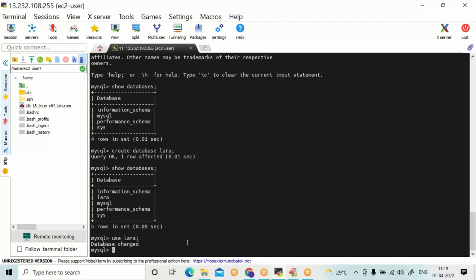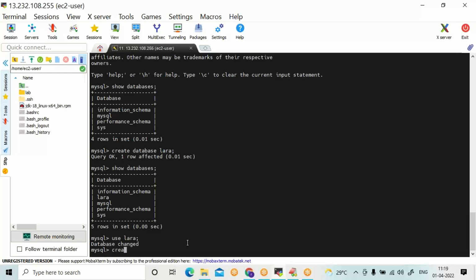Press enter. Database changed. Now, if we create any table, that will be created in the Lara database. Now, the current database is Lara.